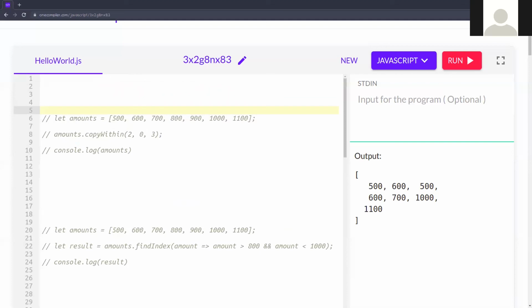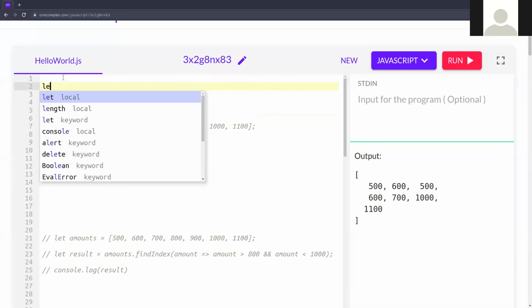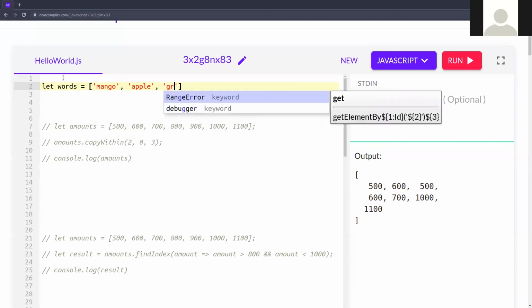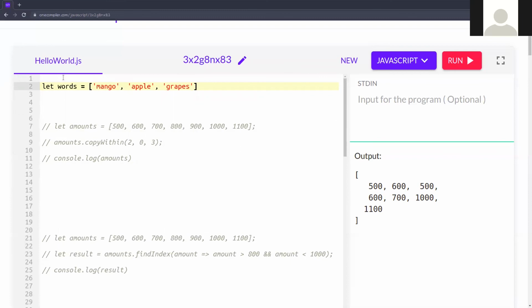Last one I'm talking about is entries. You already know entries, I think, from Object.entries. For arrays also you can do it: let words equal mango, apple, grapes. Okay.